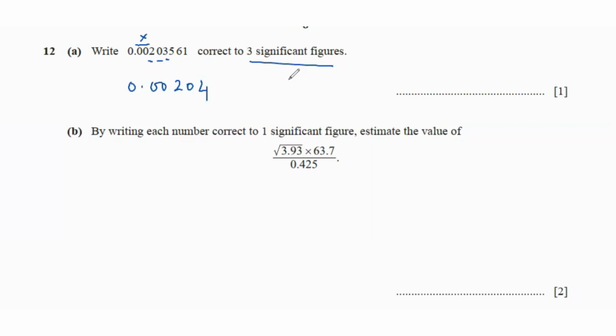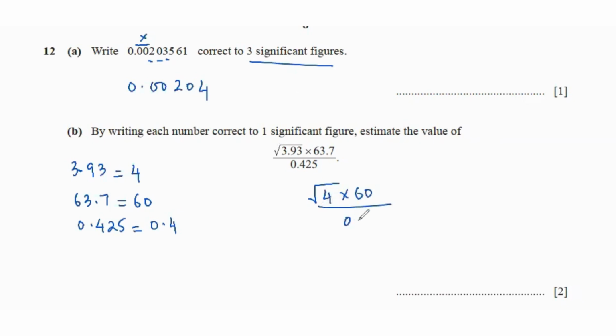Then the next question says, by writing each number correct to one significant figure, estimate the value of this. So 3.93 is going to be 4. 63.7 is going to be 60. These are all correct to one significant figure. And 0.425 is going to be 0.4. So now if we replace them, square root of 4 times 60 over 0.4 is going to be 2